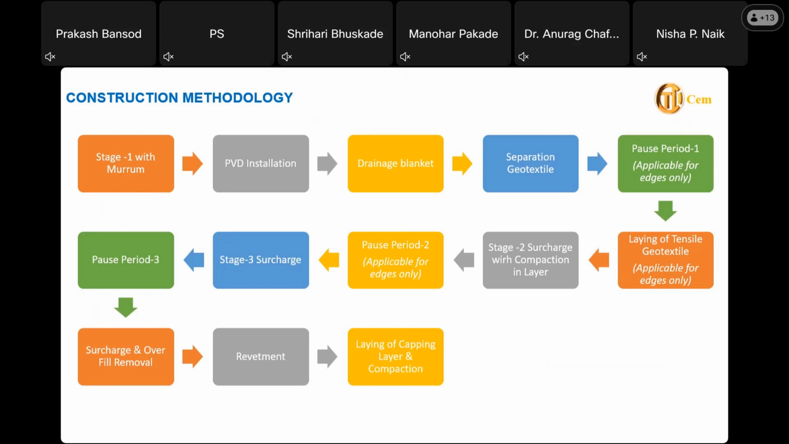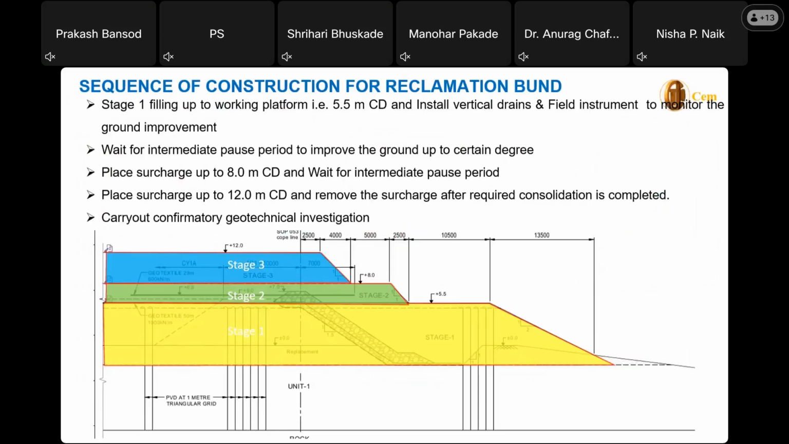periods at the edges to keep the stability perfectly. So we put intermediate pause periods, then wherever the geotextile is required, we put the tensile geotextiles, then wait some time, then again we put another layer, then wait for some time, then we put another layer. I have a sketch next. So first we put PVD, then we put this